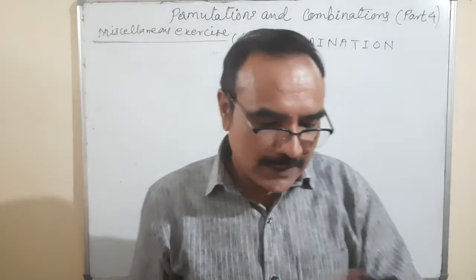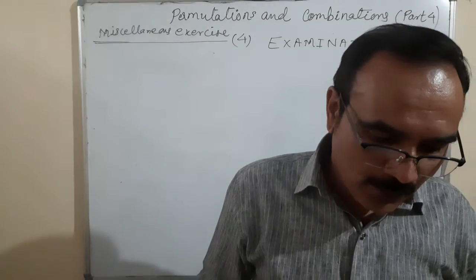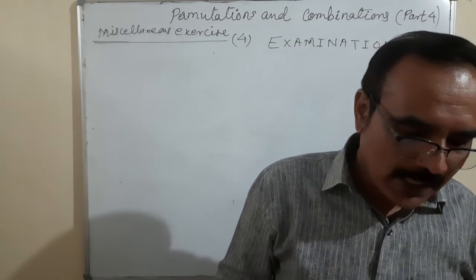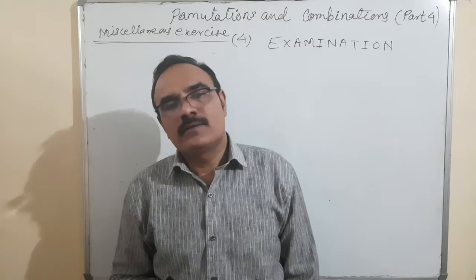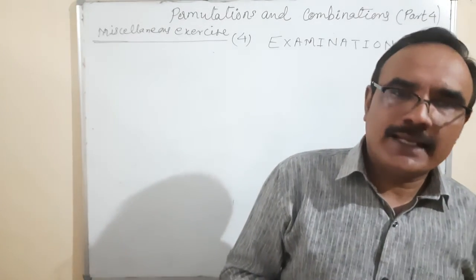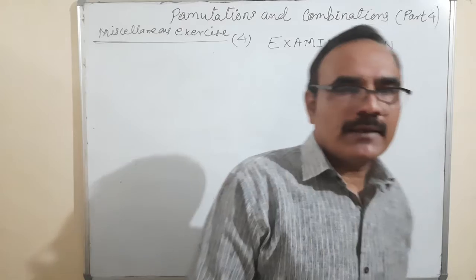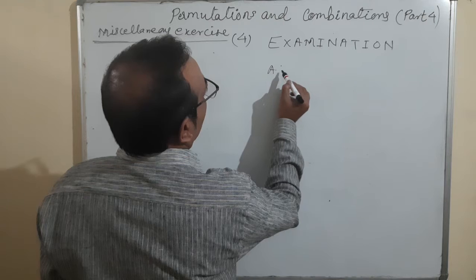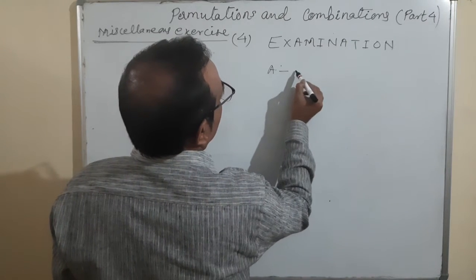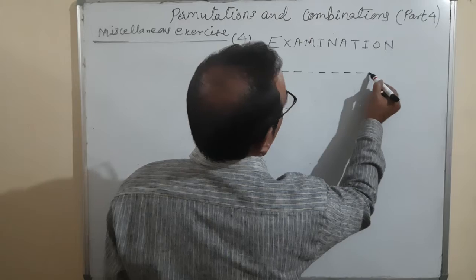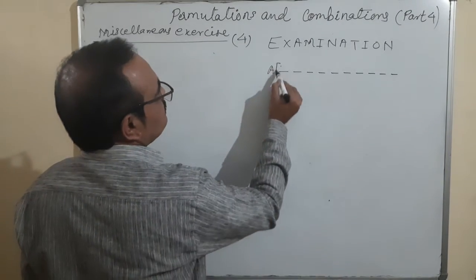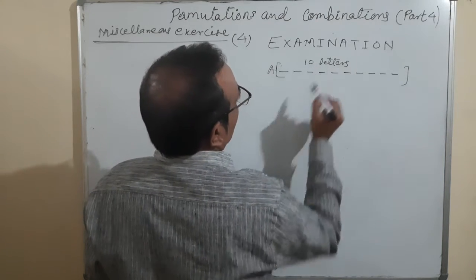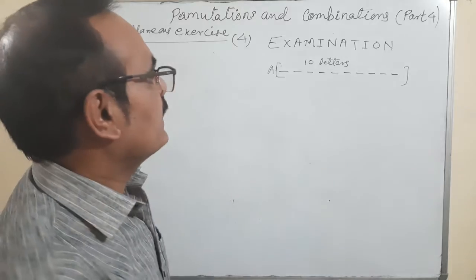The question they are asking is, as per the dictionary, how many words are there in this list before the first word starting with E? So before E, I think there's one A. So the word will start from A. So the first place is occupied by A. It's okay. After that, 1, 2, 3, 4, 5, 6, 7, 8, 9, 10 left. Total how many letters are there? Total there are 10 letters.